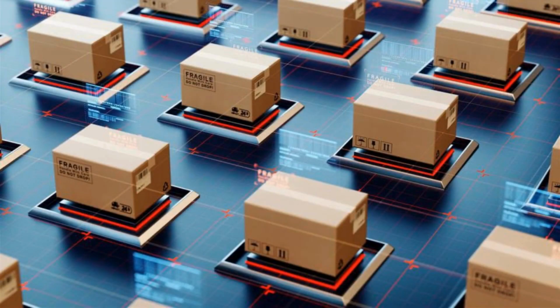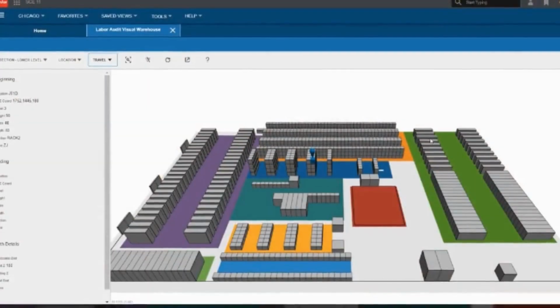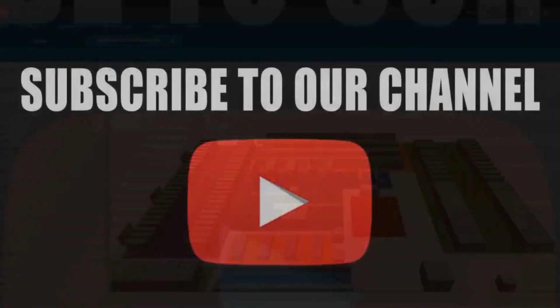The future unfolds. Emerging trends in WMS. The WMS landscape is constantly evolving. Embracing innovative technologies like